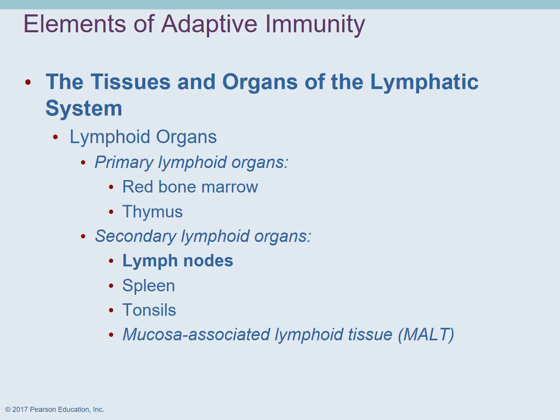Very quickly, what are some of the lymphoid organs? The red bone marrow and the thymus are the primary ones. Secondary lymphoid organs are the lymph nodes, the spleen, tonsils, and what we call the mucosa-associated lymphoid tissue, which we abbreviate as